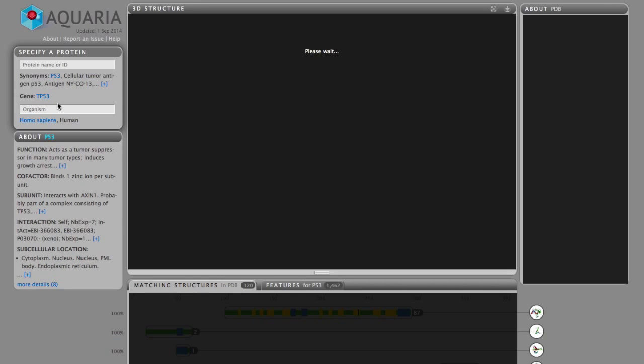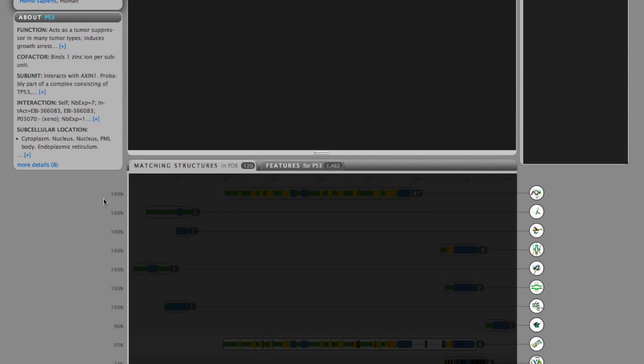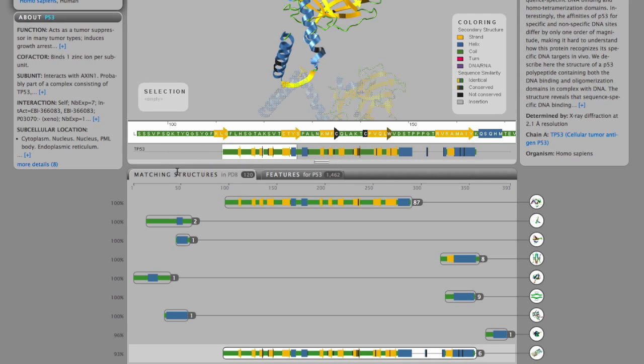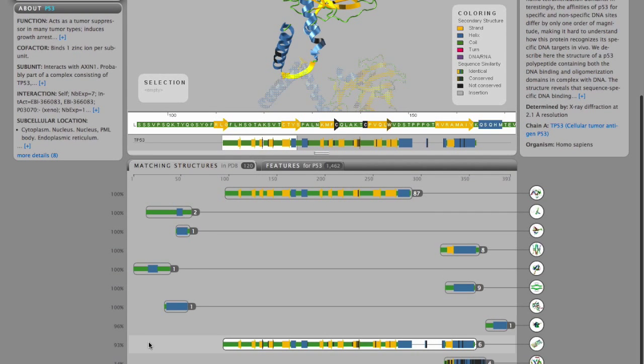After we specify a protein name and organism, Aquaria displays basic information about the protein, as well as a concise visual summary of all matching structures in the PDB with significant sequence similarity to the specified protein. For P53, we see that Aquaria finds 120 matching structures. From these, Aquaria automatically determines which structure has the largest number of identical residues when aligned onto the full-length protein